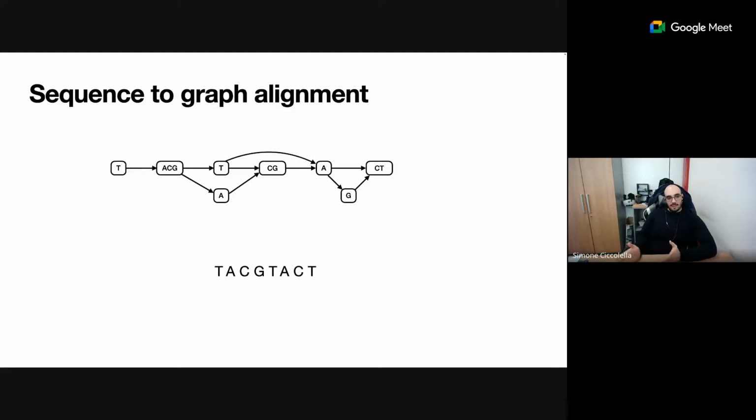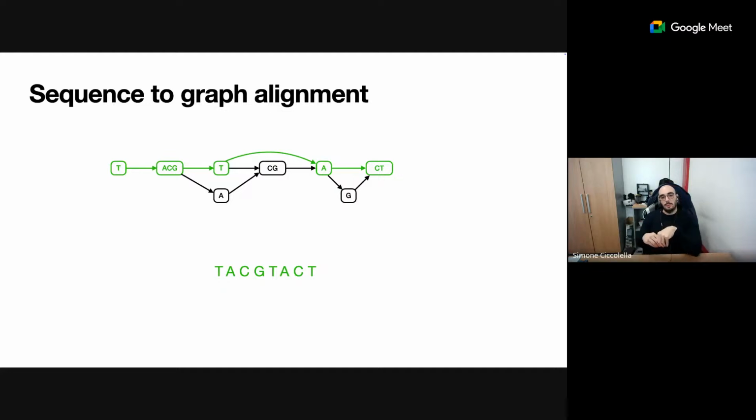So suppose we have this string as input. We will go step by step, and you will see that it's quite easy, right? Because we can start with T, then we can take ACG, which is the next node, and we can continue this mapping as long as the sequence we want to map can be found in the graph. Of course, if we have insertion, deletion or error, we can modify something. What is something? Well, in most cases, what we actually modify is not the graph, but the read.